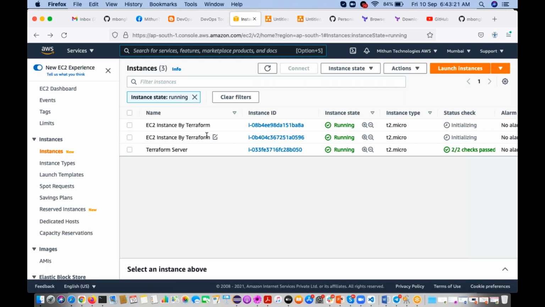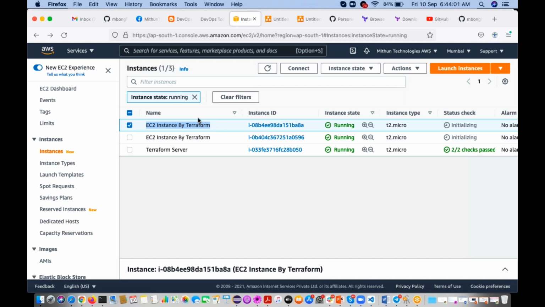Machendrapa is asking, can we rename the instance type? Your question is wrong. Can we rename the instance name? This one, yes, it is possible. Yesterday we saw that one, right? If you want to change, go to your Terraform script, change that one and run it. Automatically it is going to change this one. Even we have changed the instance type also.